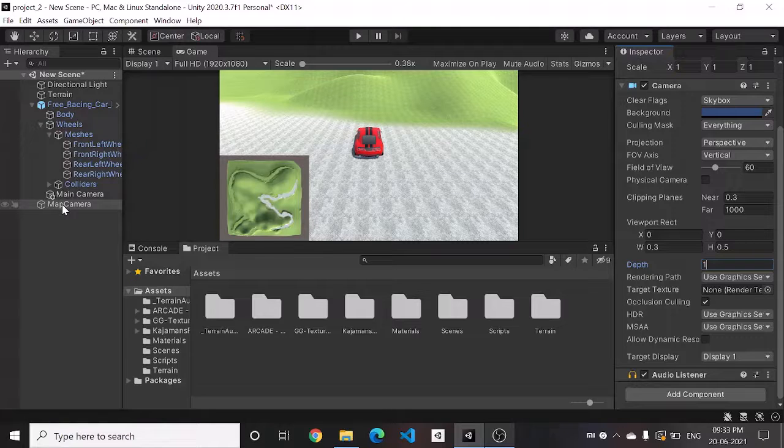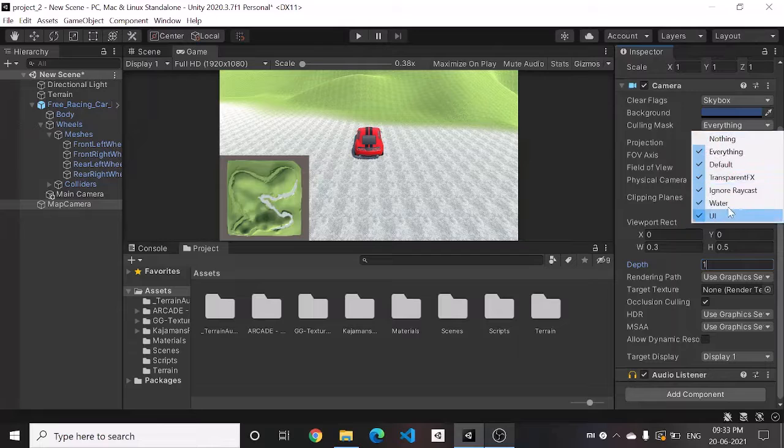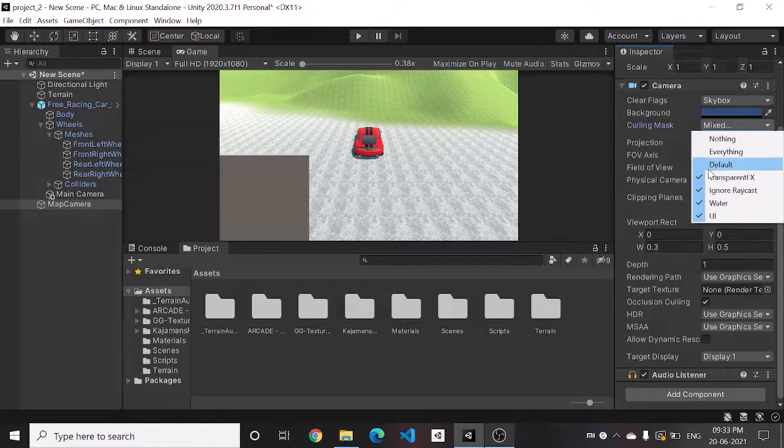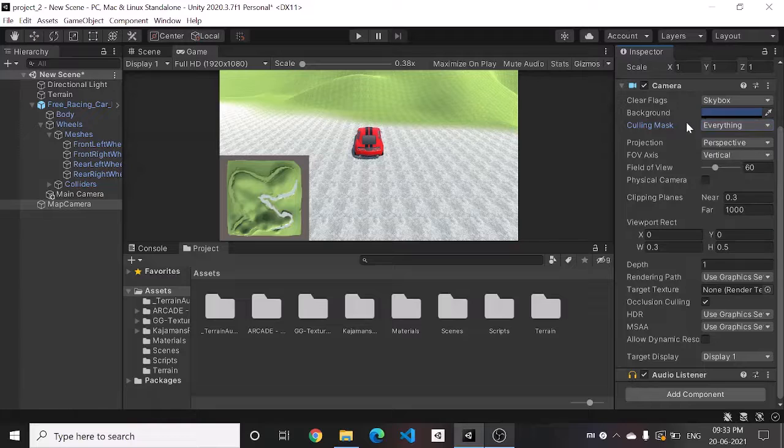But how is that even possible? So that is possible by using the culling mask. It allows you to select which layers you don't want to show. So for example, I deselected the default layer and that vanishes, so we'll add a new layer and we'll add that